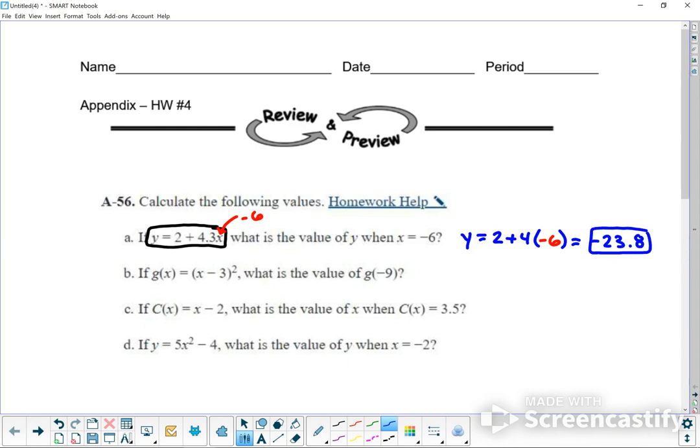Okay, next one. If g of x equals x minus 3 quantity squared, what's the value of g of -9? So this one says we're going to put -9 inside of g. Okay, so inside of g, we're going to put -9 in the x. So that means that you're going to put -9 right here. Okay, so we're going to copy that down. So we're going to copy this as g of -9